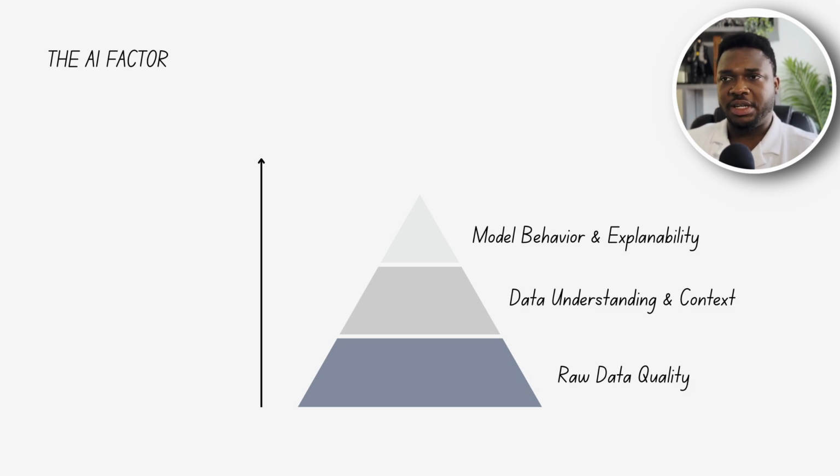And you come to the second layer, which is data understanding and context. Before data feeds a model, it needs to be well defined, documented, and understood. What does churn mean in your business? Now you're talking about data mapping, your data dictionary, your metadata. Everything needs to be accurate and within a defined quality framework. You need to know if your churn is based on inactivity or if it's based on cancellations. What does a missed payment mean? Models can't reason. You need to be able to help them reason.